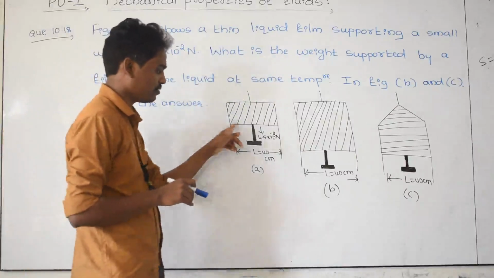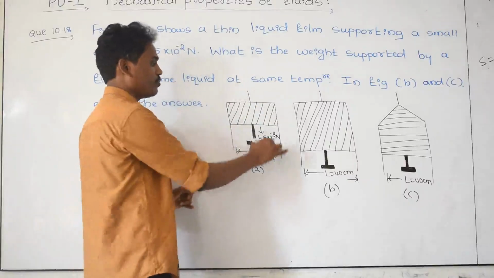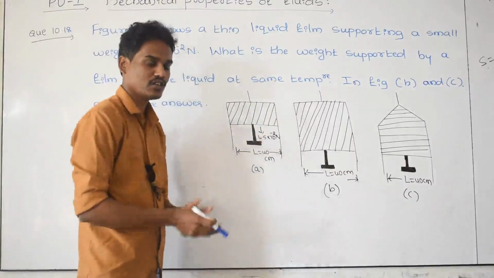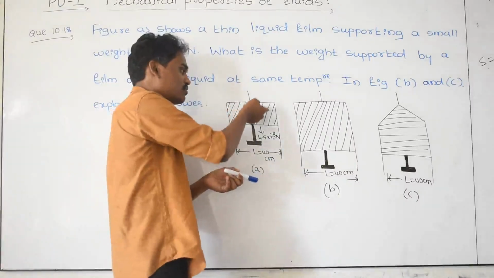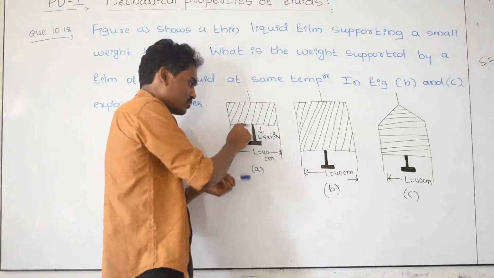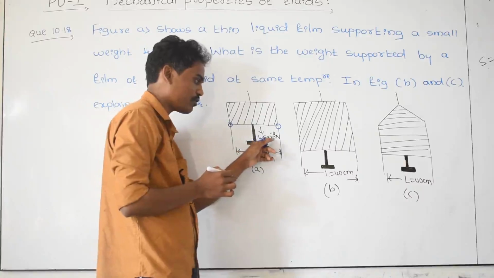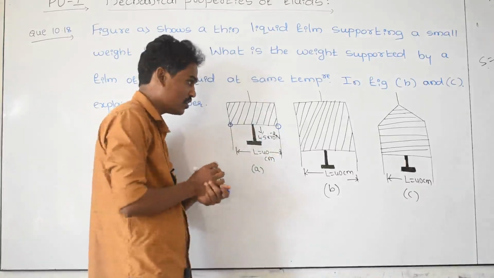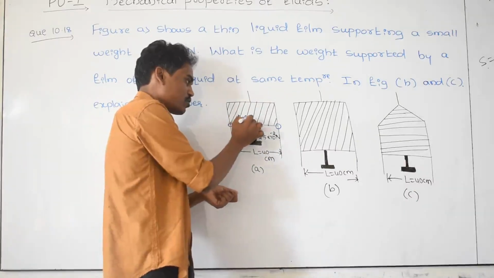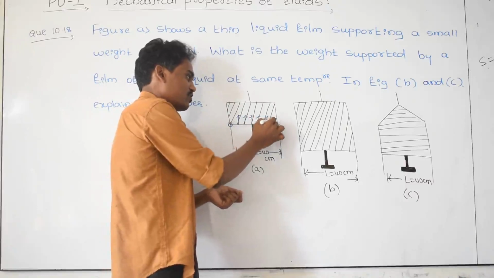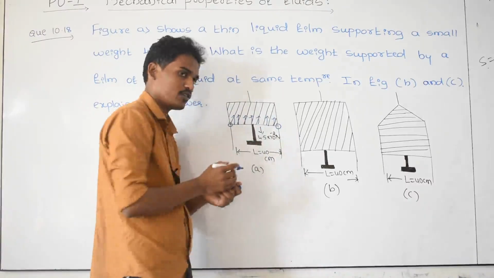He has given the first diagram. Take the observation for the first diagram. This is a frame of wire dipped in the soap solution, and after removing, the soap film is forming between the wire and this slider. We attached a weight equal to 4.5 into 10 to the power of minus 2 Newton in downward direction. But this weight is balanced by this film, means because of surface tension the force is acting in the opposite direction. This soap film is supporting this much of weight downward.